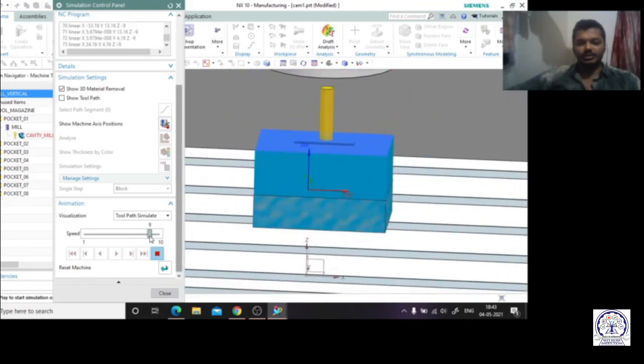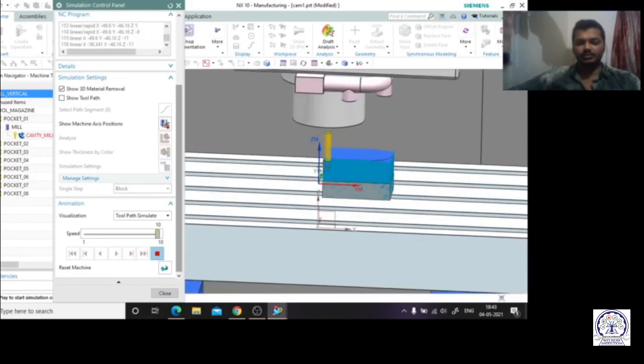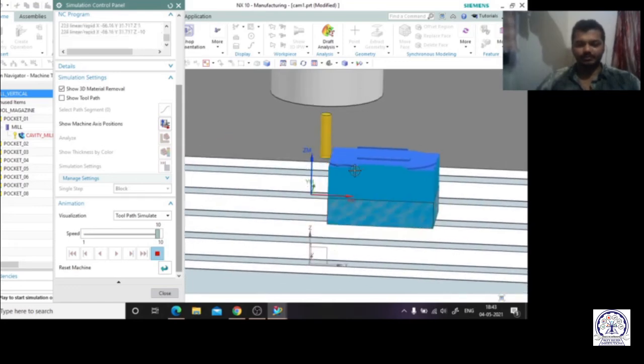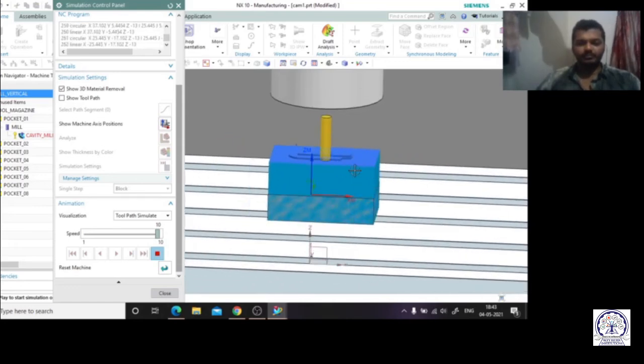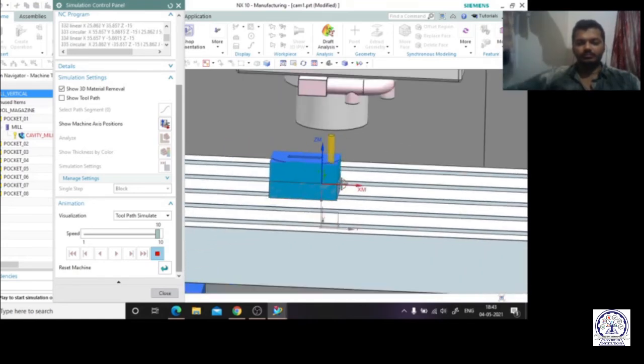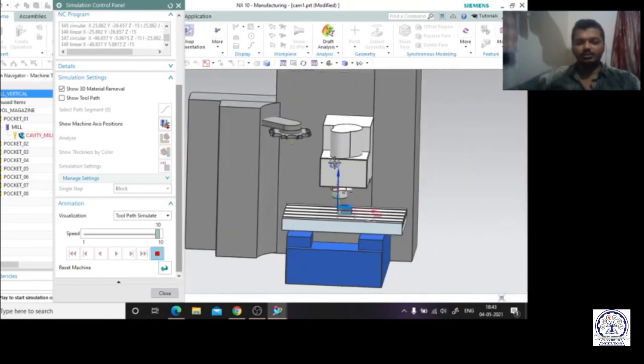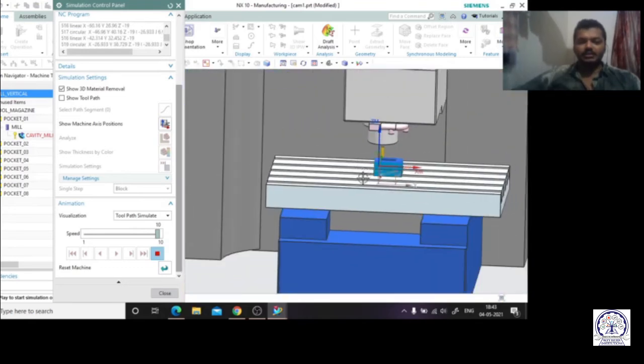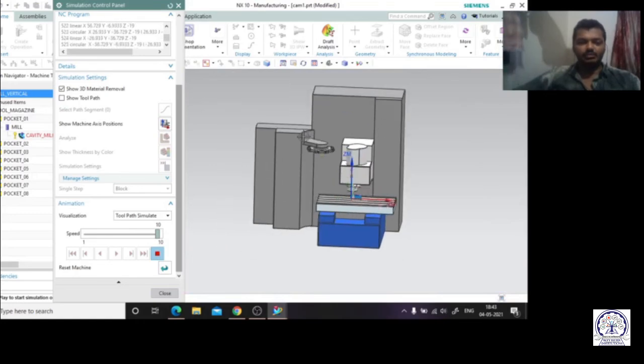Okay, so if I'm increasing the speed right now, all of you will be able to see what type of finished product I can get over here. Okay, so practically this is how a machine will be working. That is only to show you, and all of you can see the same thing I can get, but when we are seeing directly, we are just omitting that the machine is there, so only how the tool is going to move around the work is what we are going to define. So here I am going for closing it.